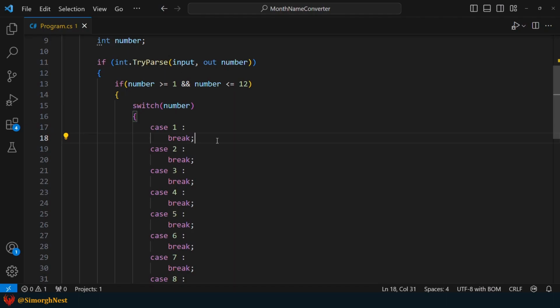Alright, each case corresponds to a specific month number. We can assign the corresponding month name to a variable and display it to the user. In order to achieve this, let's begin by declaring a string variable.